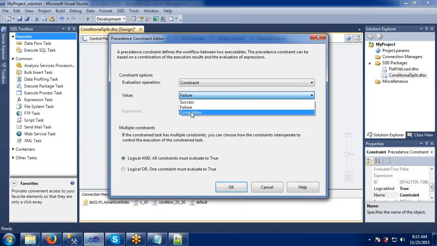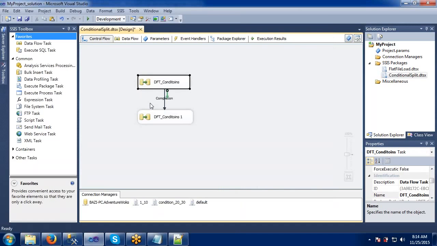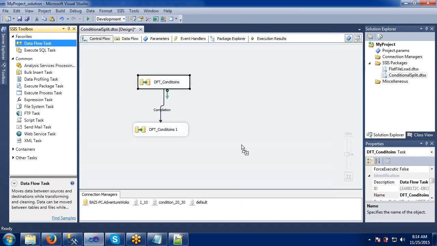What does completion mean? Whether it is a success or failure, don't bother about it, just go to the second task. What will the completion color be? It will be somewhat black, something like this. Let me give you one more example here.